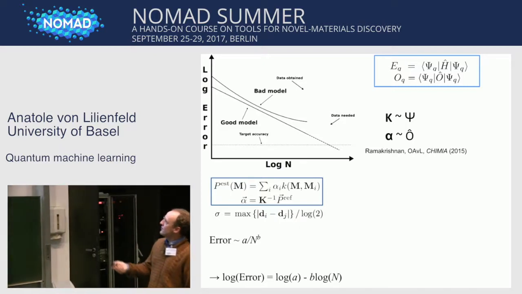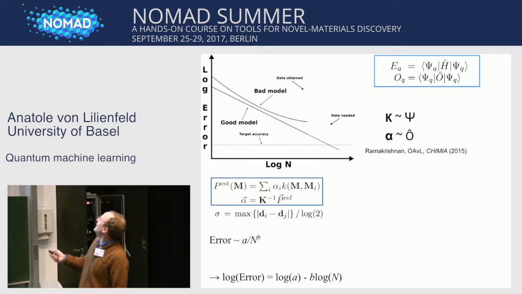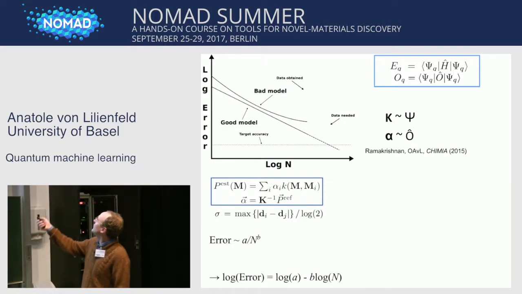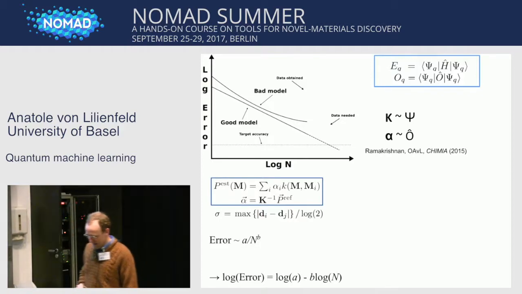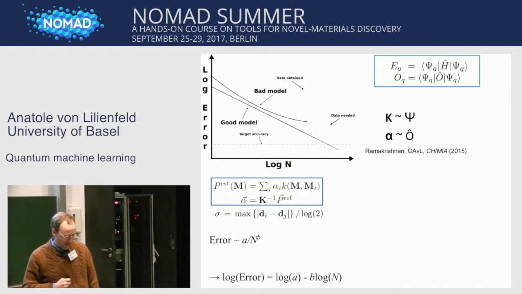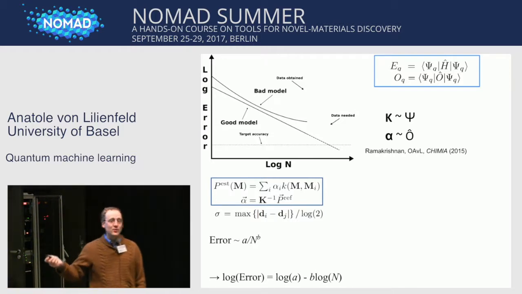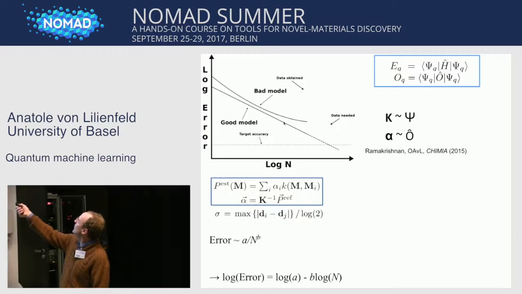Now, one interesting thing of these kernel methods, which is quite straightforward and appealing in my mind, is that there's a funny analogy to quantum mechanics. If you remember the expectation value, the energy for which your variation in your wave function, this is the variation principle gives you this wave function. And that principle you apply to the Hamilton operator. But when you want to calculate another observable, you just use that wave function and with the corresponding operator, and it spits you out the result. So it's always the same wave function, right?